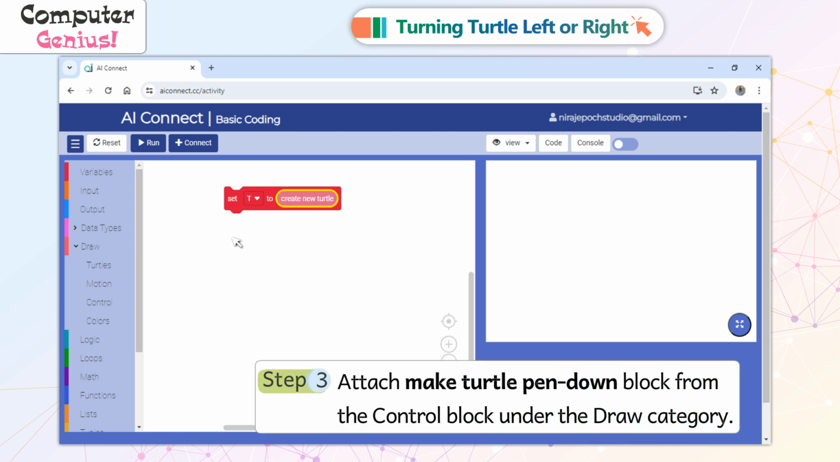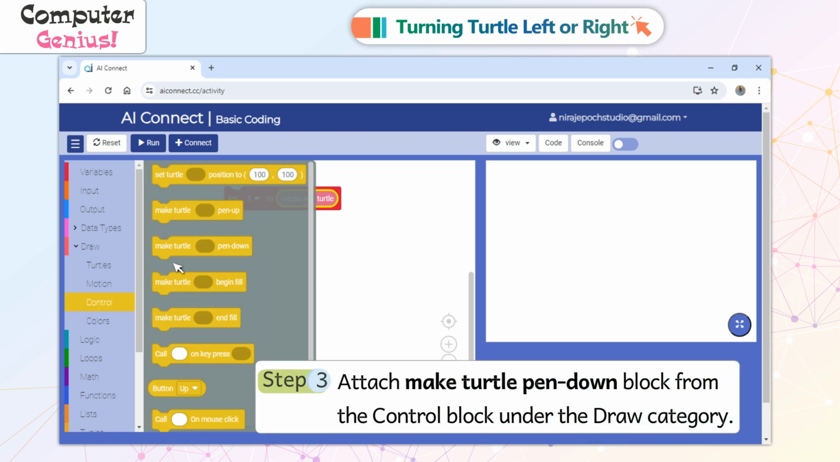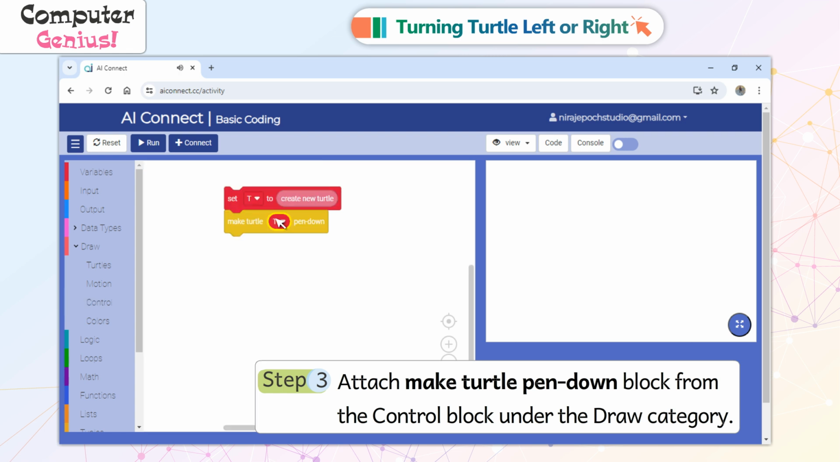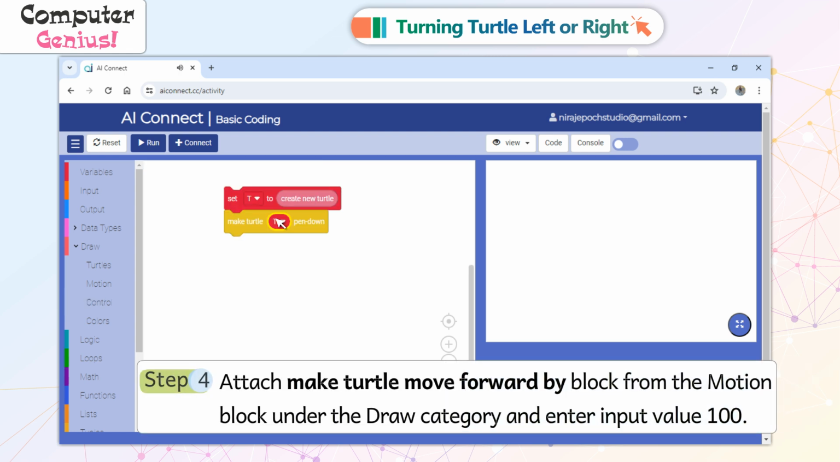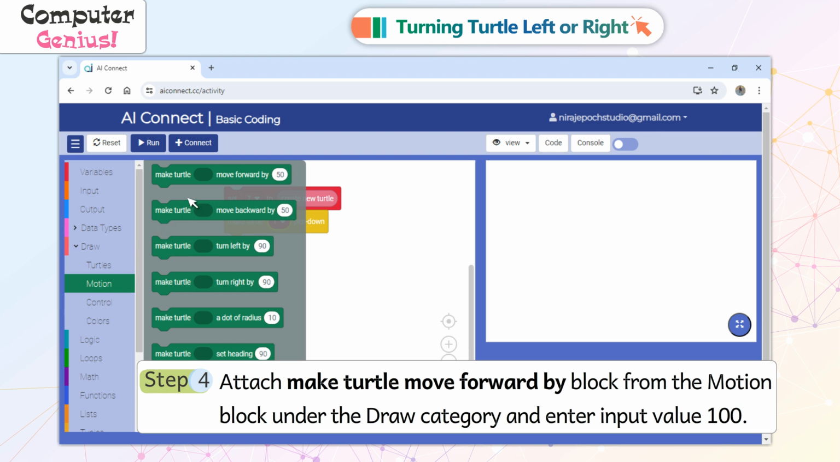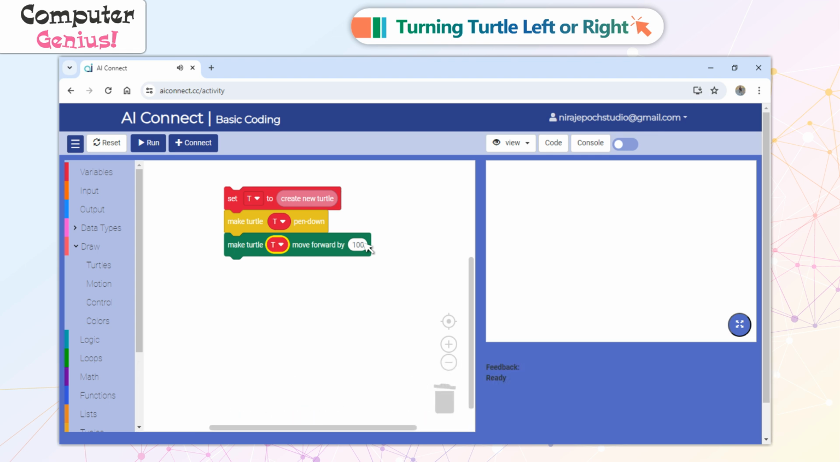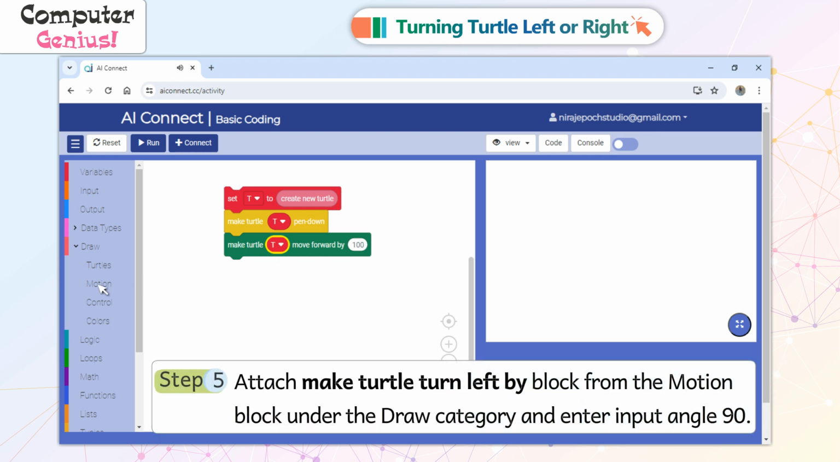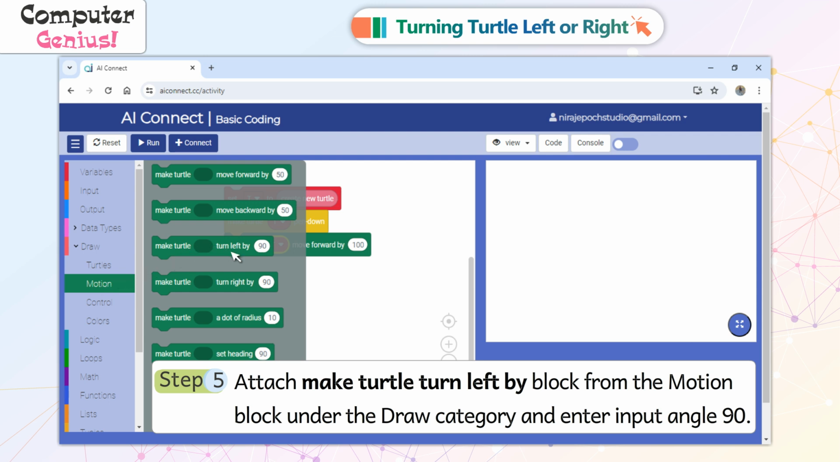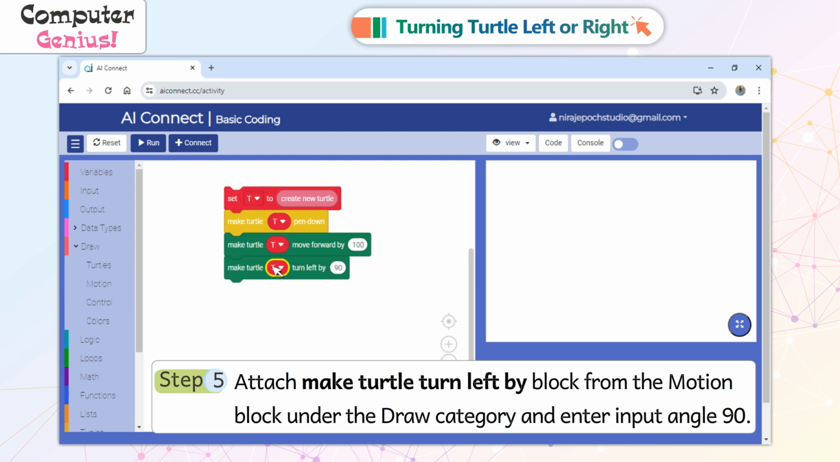Step 3. Attach make turtle pen down block from the control block under the draw category. Step 4. Attach make turtle move forward by block from the motion block under the draw category and enter input value 100. Step 5. Attach make turtle turn left by block from the motion block under the draw category and